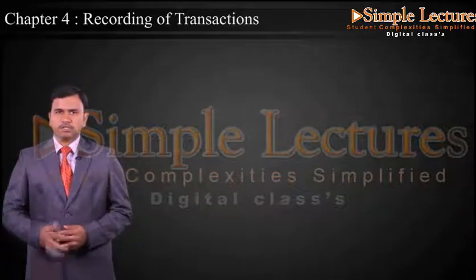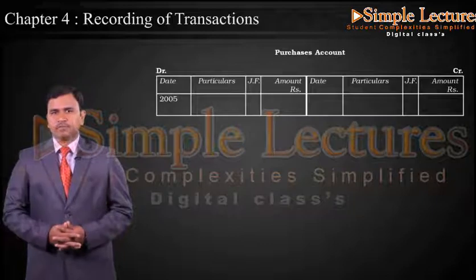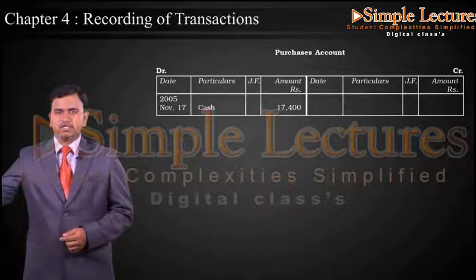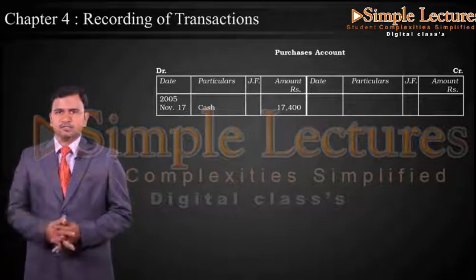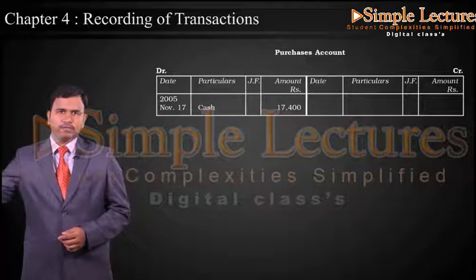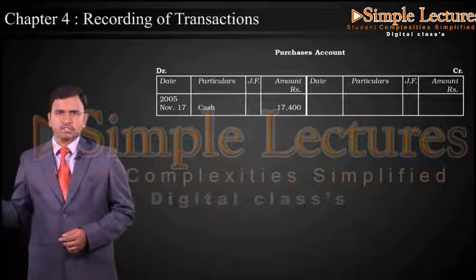So let us take the purchase account. Again format remains the same, an entry will be taken in the debit side. The date is November 17th, to cash account 17,400. Then again same account should be closed here. Debit balance 17,400, in the same line in the credit side